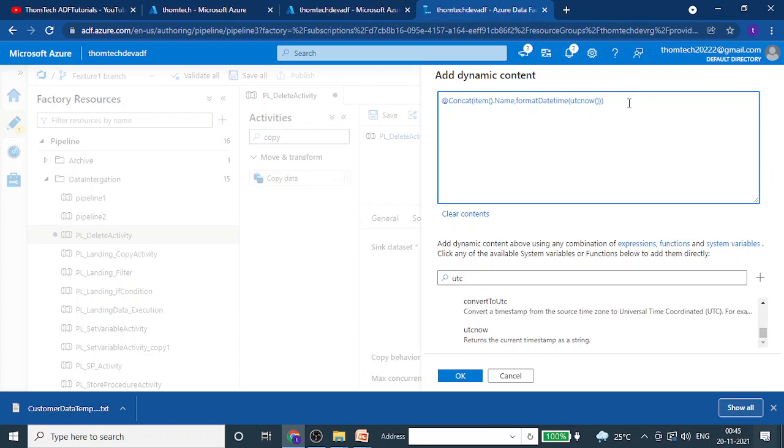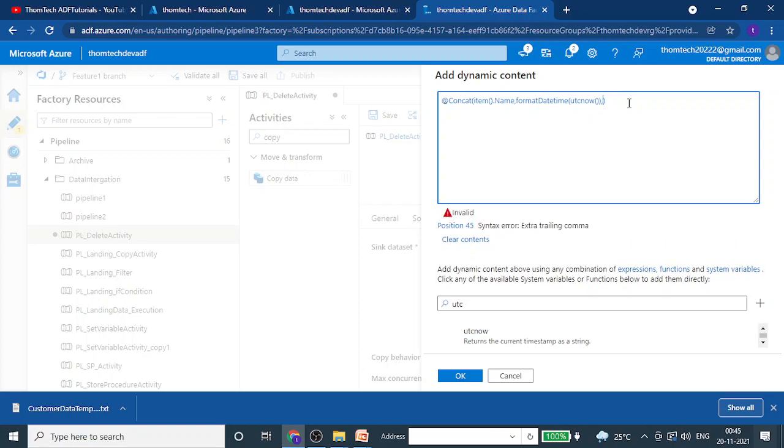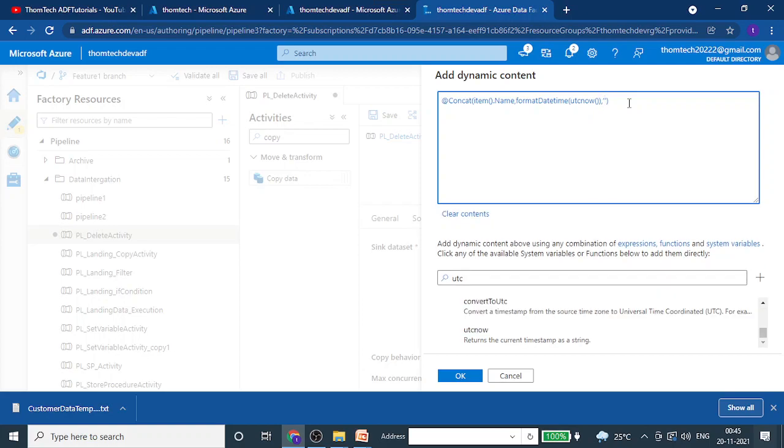Once you do, we need to give a format as well, that is yyyyMMdd. Let's see what we get. Then we have closed what we wanted to close.